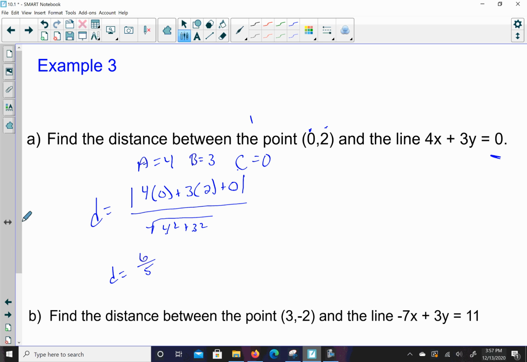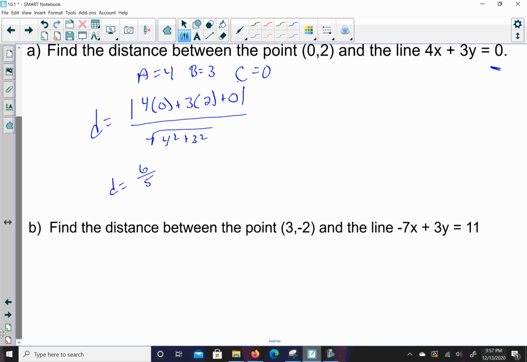Doing the next one, let's try another one. The first thing I'm going to have to do is set the equation of the line equal to 0. So I am going to say negative 7x plus 3y minus 11 is equal to 0. That means my A is equal to negative 7, my B is equal to 3, my C is equal to negative 11. To find the distance, I'm going to take the absolute value of negative 7 times 3